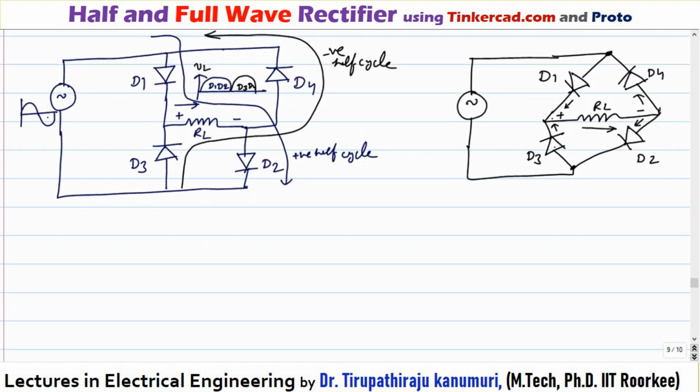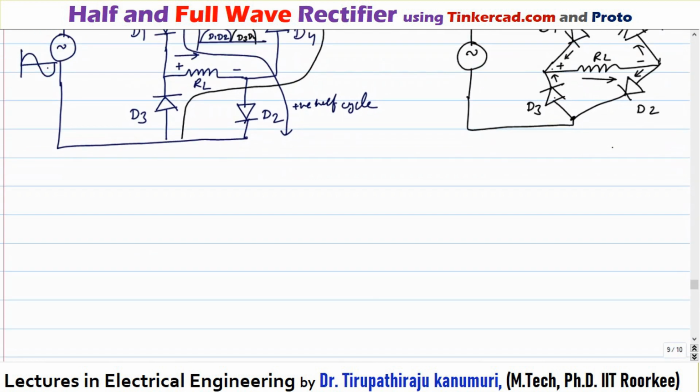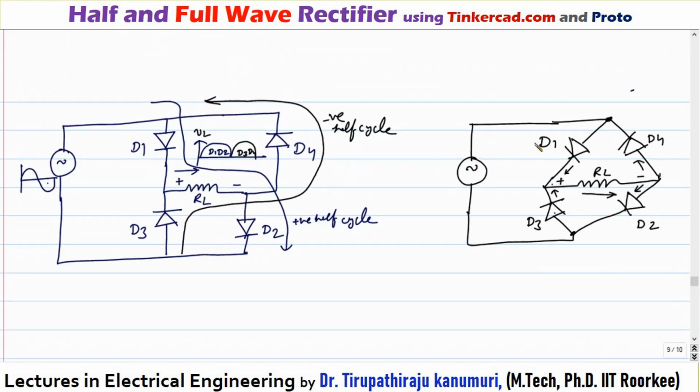There is one more type of rectifier, called the center tap transformer type rectifier. The major disadvantage of the bridge rectifier is that 4 diodes are required. Second, during the conduction mode, your load voltage will be equal to Vs minus 2 times 0.7, because 2 diodes are connected in series, 0.7 and 0.7, and that much voltage is dropped. Particularly when your supply voltage is very low, this drop is huge; we cannot take the risk of 2 times 0.7.